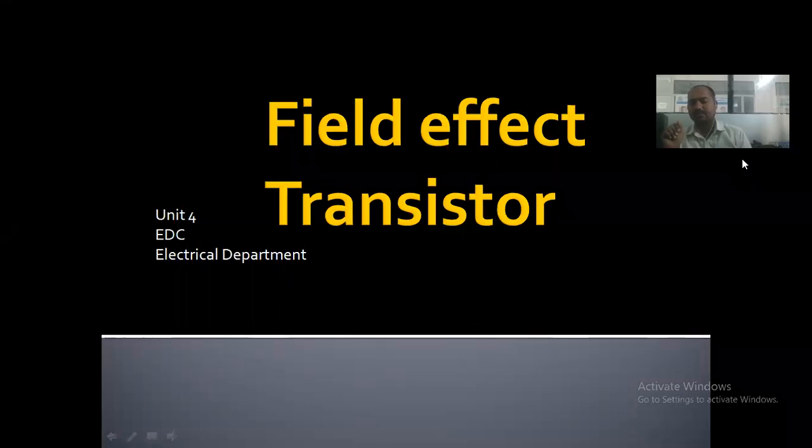Let us see the different ways of discussing the further lecture. Normally a transistor is called a current controlled device. We apply the input and get the output. We apply the input as base current and get the output as collector current. So your input base current controls the output collector current. This is the case in BJT, but in a field effect transistor,